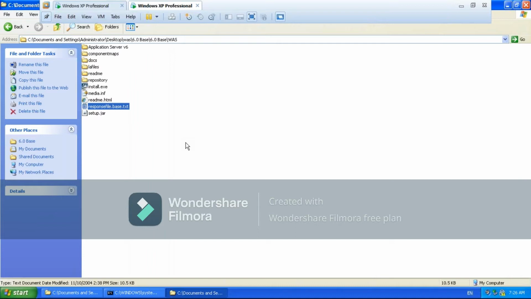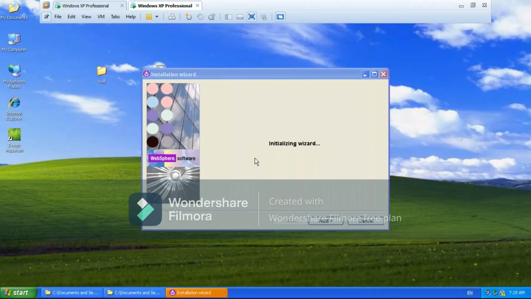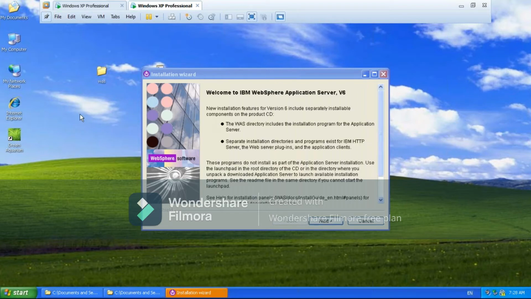Okay, fine. Now let me start the installation in the GUI mode. If you want to do the GUI mode, it's very simple. Click on this install.exe, and whatever you do in the GUI mode, the same thing you are going to modify in the response file if it is a silent installation. First it will ask for the license acceptance, right? Whatever we are selecting here in the GUI, all of those we will modify in the response file. That's it, nothing different. And we'll execute the command in the backend, and the silent installation will happen.